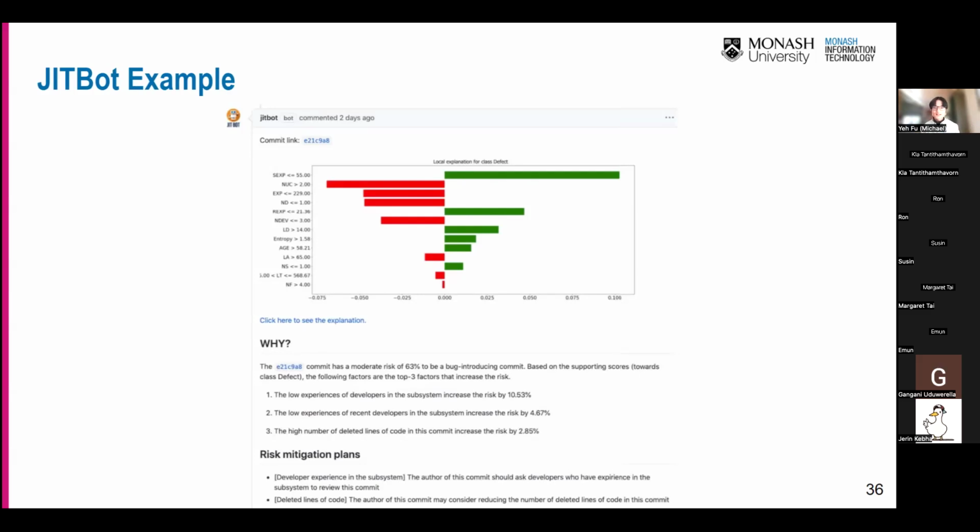So these three features are why the model thought it could be defective. And then it also provides risk mitigation plans, so the developer can take actions based on this mitigation suggestion by the model. This way, it kind of automates the whole commit workflow, the bug detection workflow of developers.